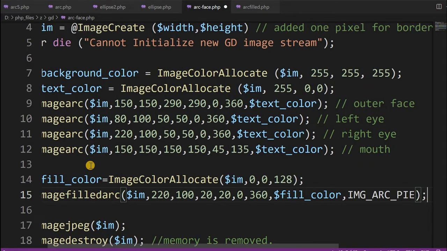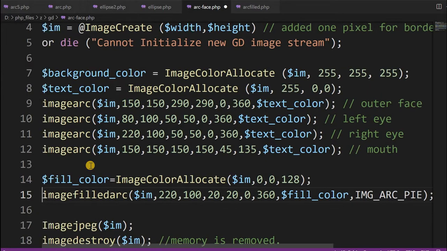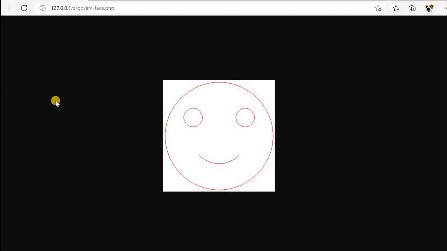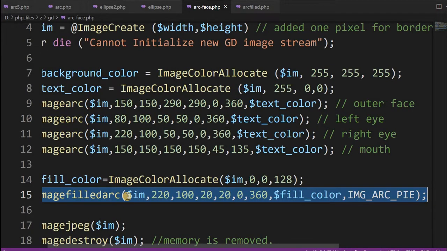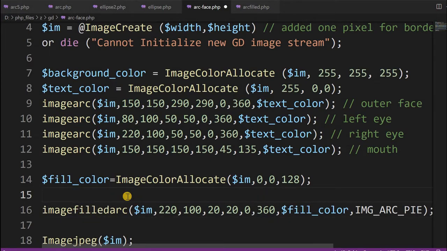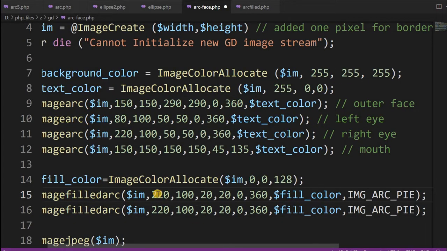Okay, so that's all. Now one image I have created. Let's see how it works. Now if I refresh it, okay, it's the right eye I have created, taking the dimension. Now let's put the left eye. Before that, the dimensions, only the X and Y position I will change.